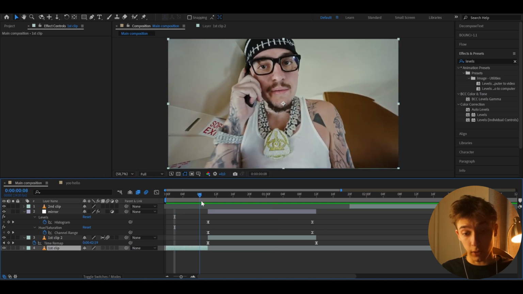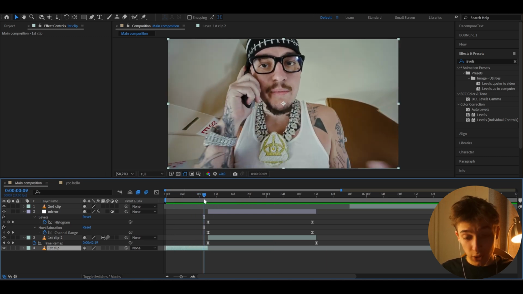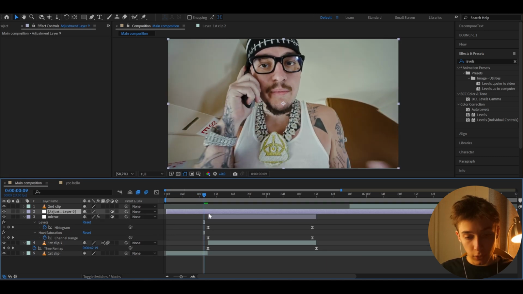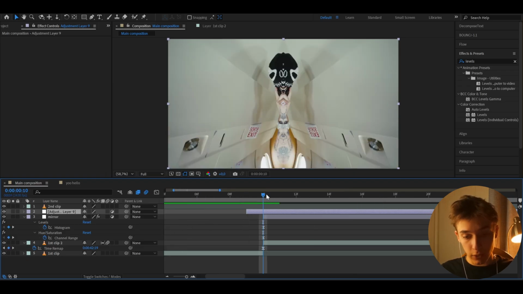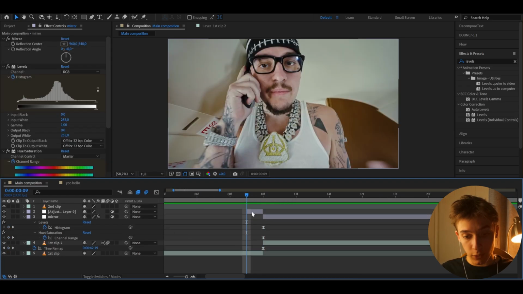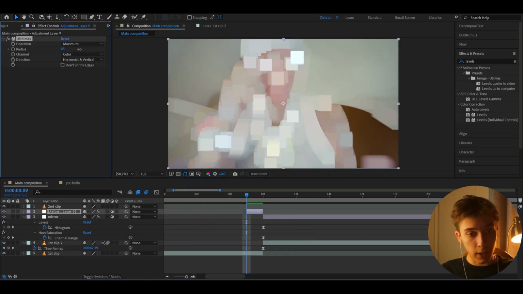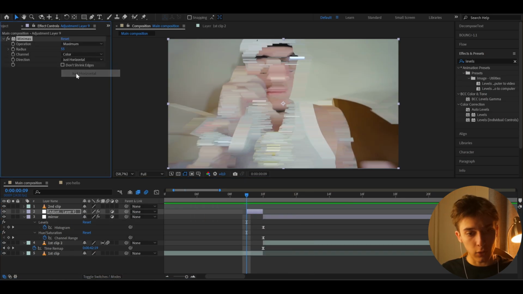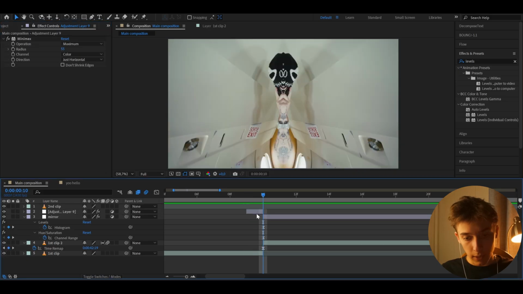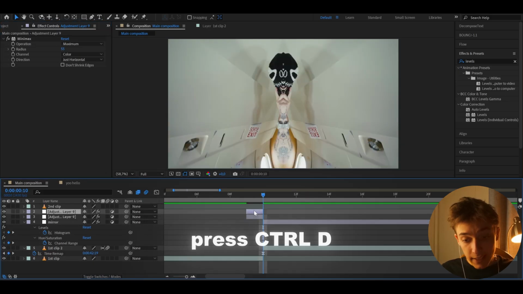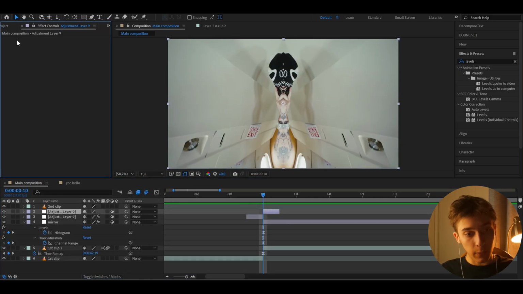That actually looks really nice, but we could make this much smoother. So like we could press Ctrl+Y and add a couple of 1 frame glitches. So for this we can press Ctrl+Shift+D and delete and just have an adjustment layer in 1 frame. So first we can add like minimax, make the radius like 55, make it to just horizontal. Then we can duplicate this adjustment layer by pressing Ctrl+D and make it go here, delete the minimax here and